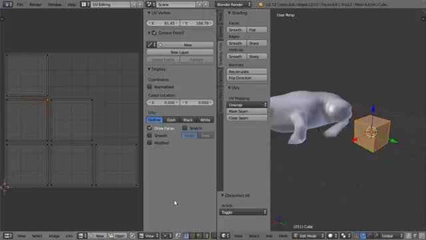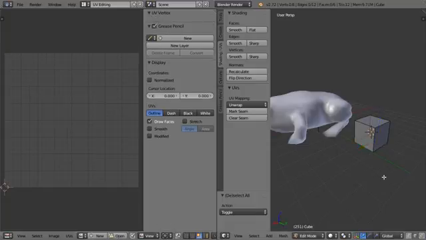So this does give us the ability to select different types of components, but if we want to have this synchronized, all we have to do is hit this little button right down here, and that will allow any selection that we do in either side to be reflected over on the other side. So that can be useful. Keep in mind though that in this case, I now no longer have the ability to select individual islands. So I can select faces or edges, but I can't select the individual islands with that button. So it's up to you whether you want to turn that on or off, but let's go ahead and turn